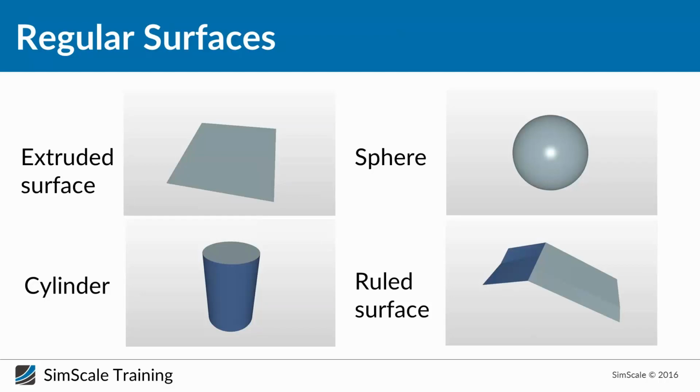So in this slide we can see some different examples of regular surface. Here in the top left corner you can see this extruded surface, which is really the basic example to show the case of regular surface, just by having a profile extruded along a path or along a direction. From this side we have the sphere, so it's also really a basic shape to describe with a regular surface. Also we can describe cylinders with the regular surface, and rolled surfaces, but for the rolled